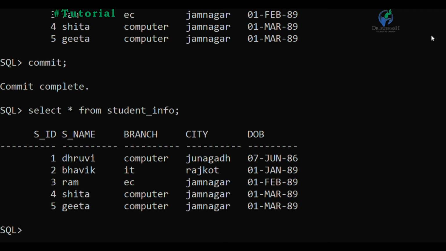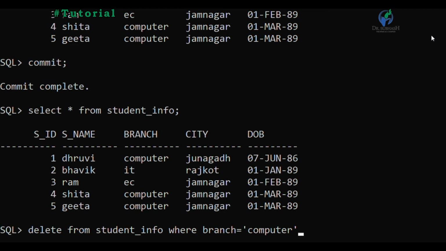branch equals computer. So: delete from student_info where our column name is branch equals computer. There are 3 rows available with the computer branch.